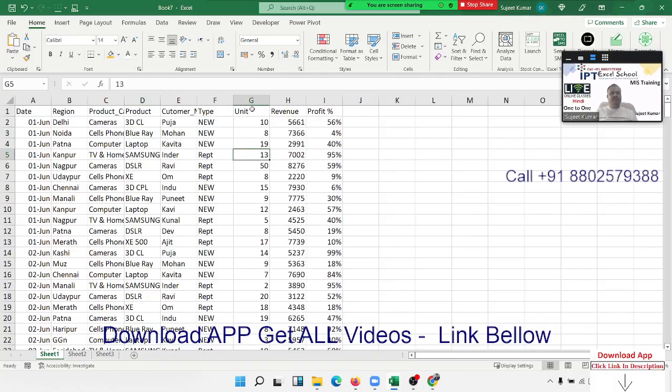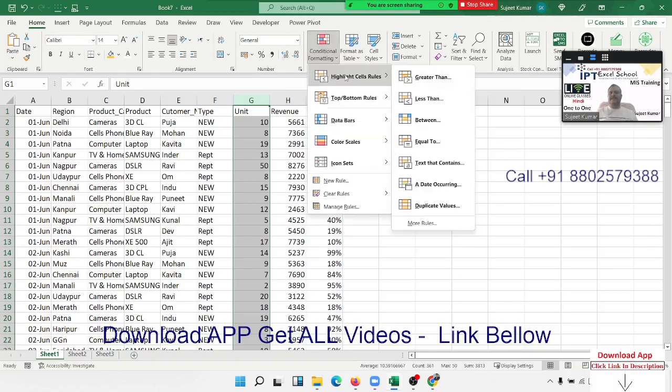Like that, we have this unit column, and I want to highlight quantities more than 15. Sales with more than 15 are good, and below 15 they are not good, so I want to highlight them. So first select your area, go to conditional formatting, select highlight cells rules,